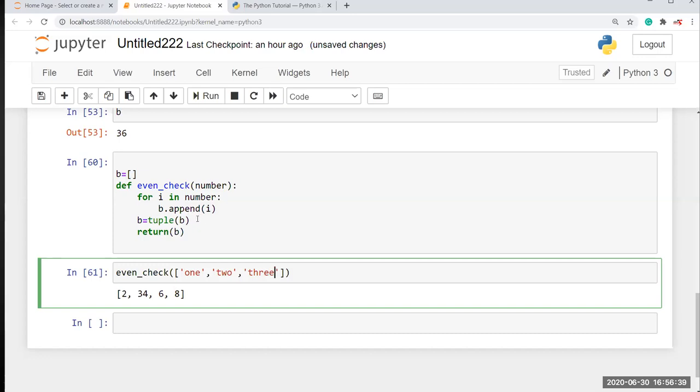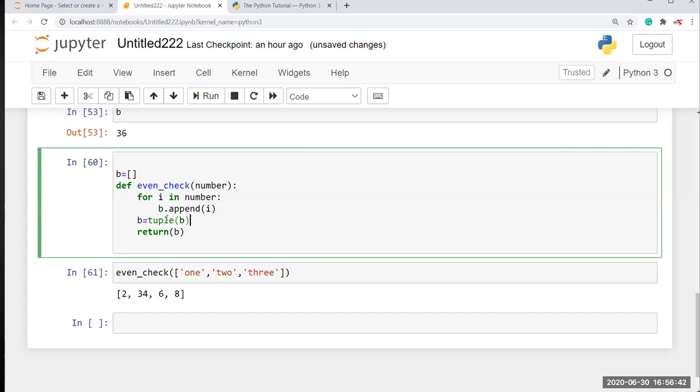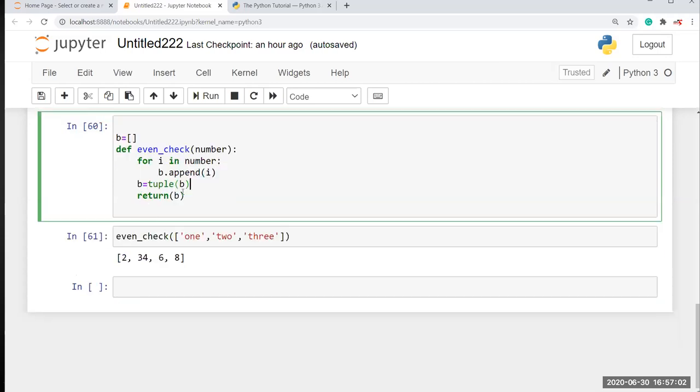After that the B is a list. Okay, so we can't do any insertion, deletion and updation in tuples. That's why we are using a list. So here I am going to append the I values into B. Here I am going to change the data type from list into tuple, so I am going to reassign the value. Then here I am going to return B. Okay,